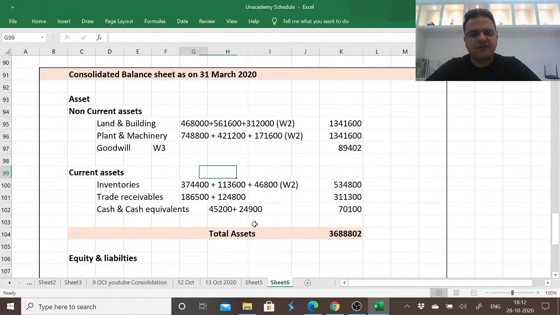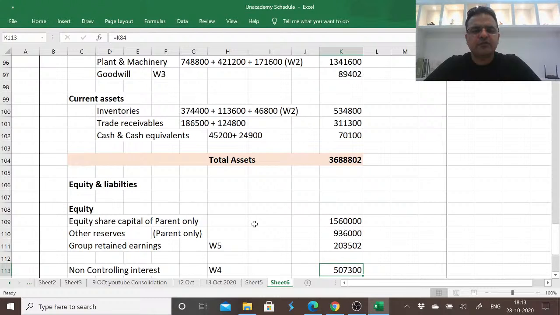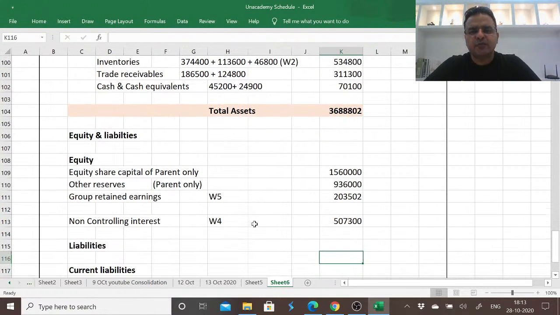Current assets: inventories are higher by 46,800. Parent's inventories are 374,400 plus subsidiary's inventories are 113,600. Total balance 534,800. Trade receivables, parent plus subsidiary, cash and cash equivalents, I would simply add them, and the total of assets is 3,688,802. In case of equity and liabilities, equity share capital of parent only, because share capital of subsidiary, other reserves